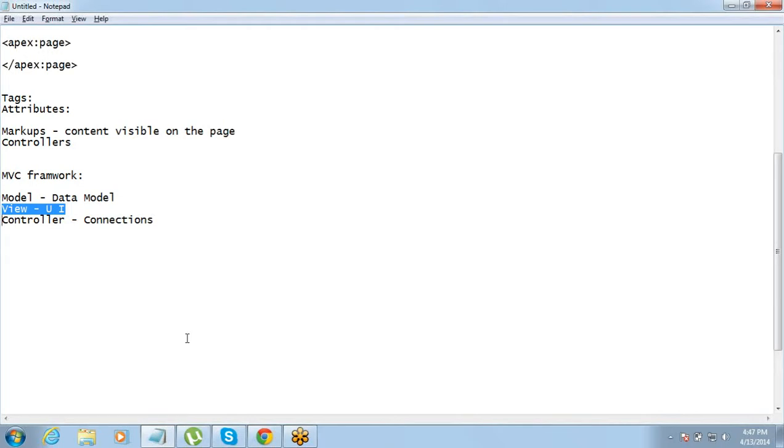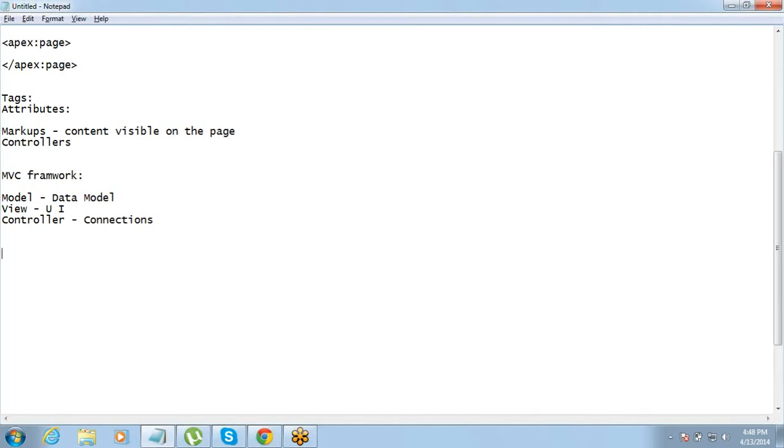Now since you're creating the view part of it, you also have to connect this view with the backend database, right? So we'll need to deal with the controller as well, right? Whatever you see on the interface, that is called markup, and whatever logics are defined for the backend, those will be controllers, right? Suvajit, question on this? No question. So we are clear with tags, attributes, markups, controllers. If we understand this, we can move ahead and talk about types of controllers.